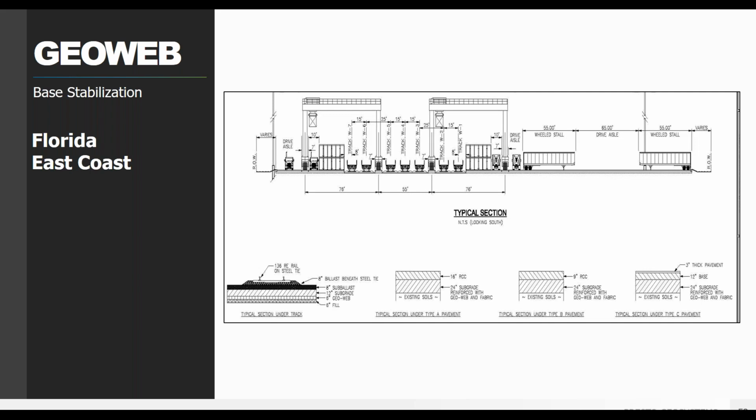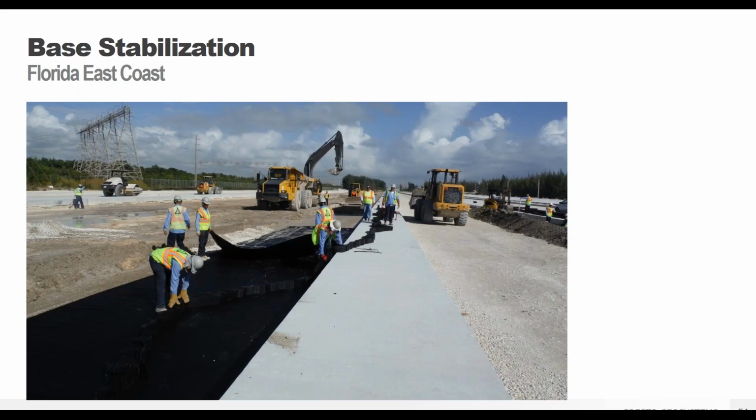And so by incorporating the GeoWeb system into this design, the project was completed on budget and ahead of schedule. Always things that people like to hear. So the design did consist of using an enhanced woven geotextile with the 6-inch deep GeoWeb panels, using that sand infill. And so using the combined strength of the woven geotextile and the GeoWeb panels provided that system the ability to control settlement and bridge the really soft soils.